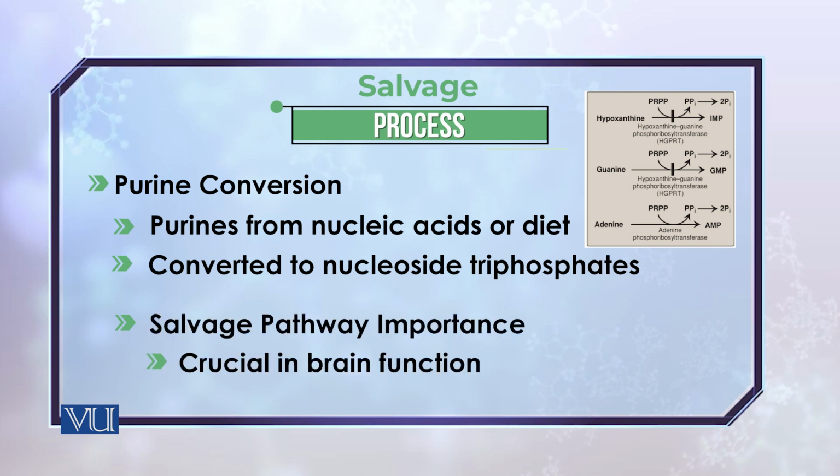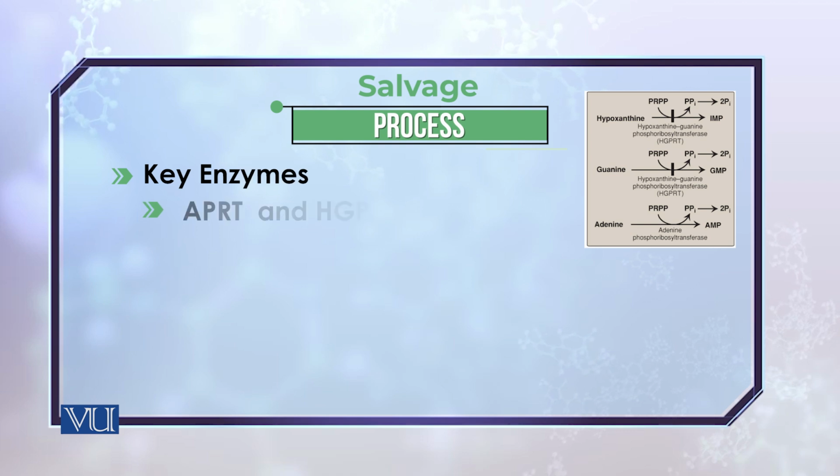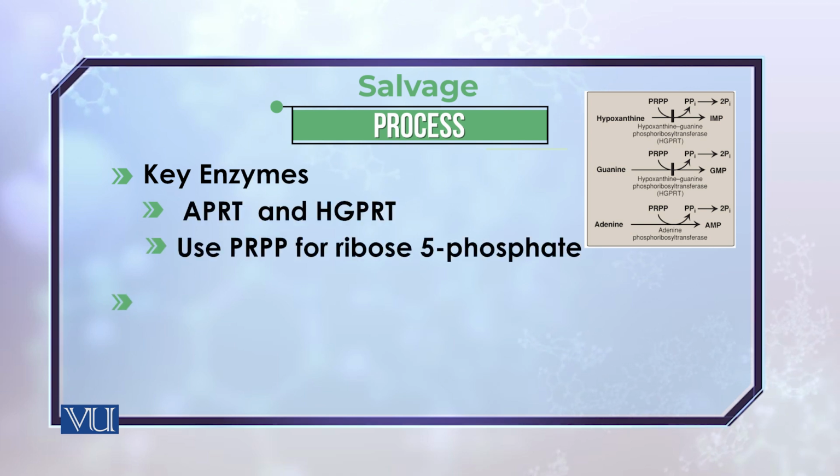So one use of this salvage process is that you can get the formation of these nucleosides with minimized expenditure of energy. And this is very important for the tissues or organs where energy is very much needed, where saving the energy is of paramount importance. For instance, in your brain,